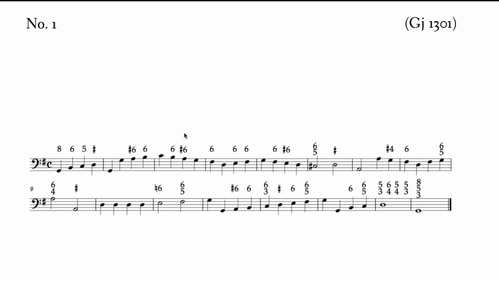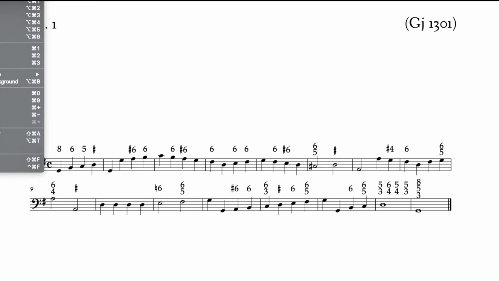Hi everyone. So I have in front of me the first exercise from Fenaroli's book of Partimento, Partimenti should I say. And this is, as you can see, all written out in the bass clef. So if you're not sure about what bass clef is, you can see,